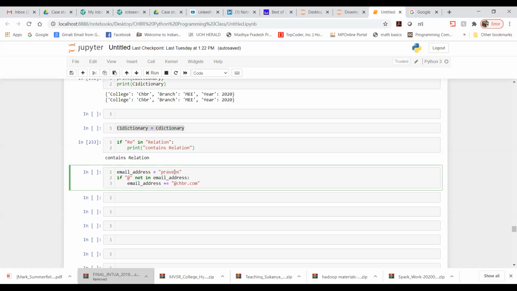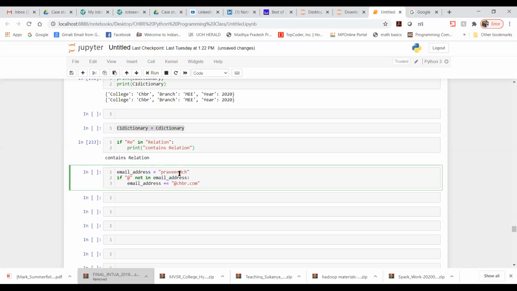So how are we going to do that? First, we need to check whether this particular email address is present or not. If it is not present, if not in email address, then we have to create that. So I am basically checking whether this string, like chbr, is present in the email address or not.